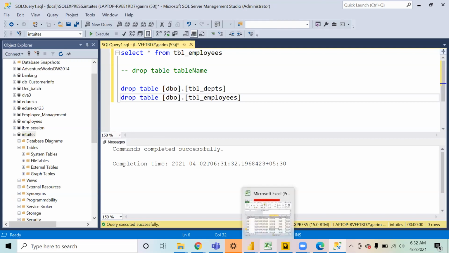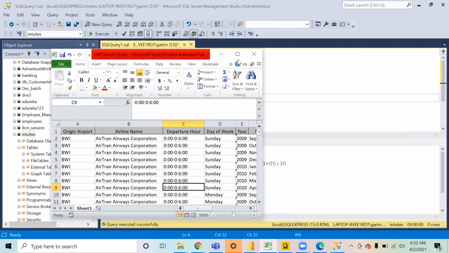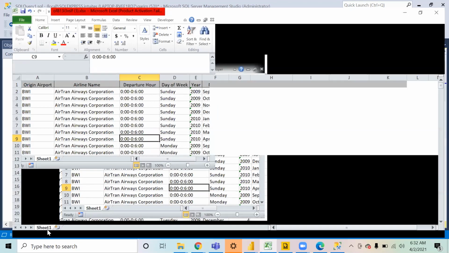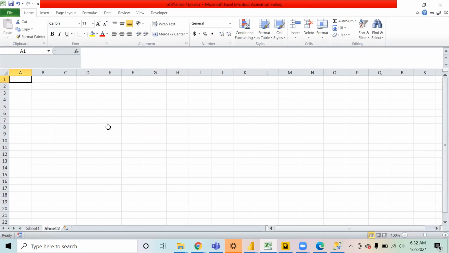Now I would like to first explain in Excel what exactly we are going to do so that we can all understand it. We will create one table, which I'll call TBL employee.